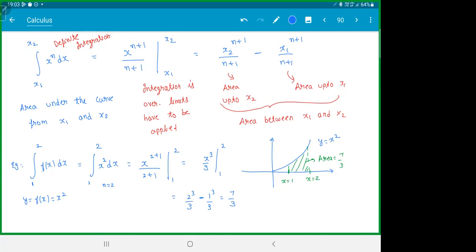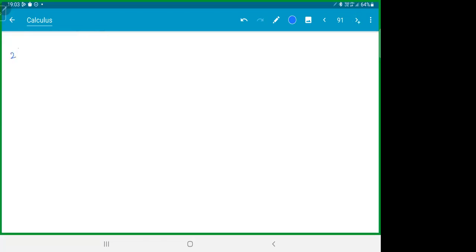Clear? We will do more problems, don't worry. This formula is that. So x power n plus 1 by n plus 1. The second one,